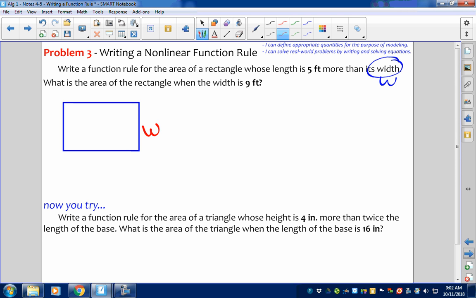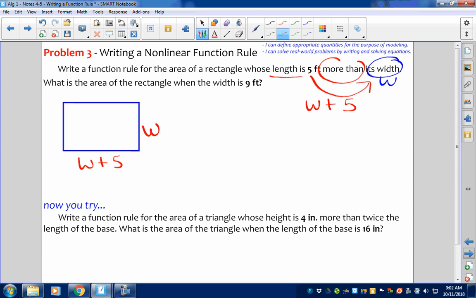And it says the length is 5 feet more than the width. So if I know the width here is W, the length will be 5 more than that. So W plus 5 is my